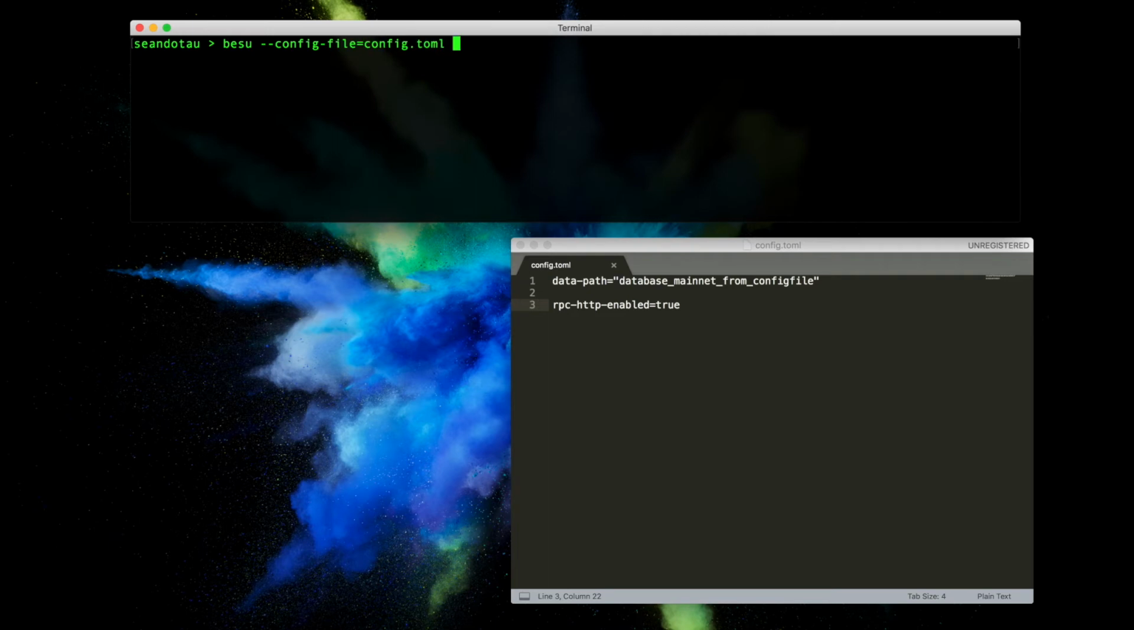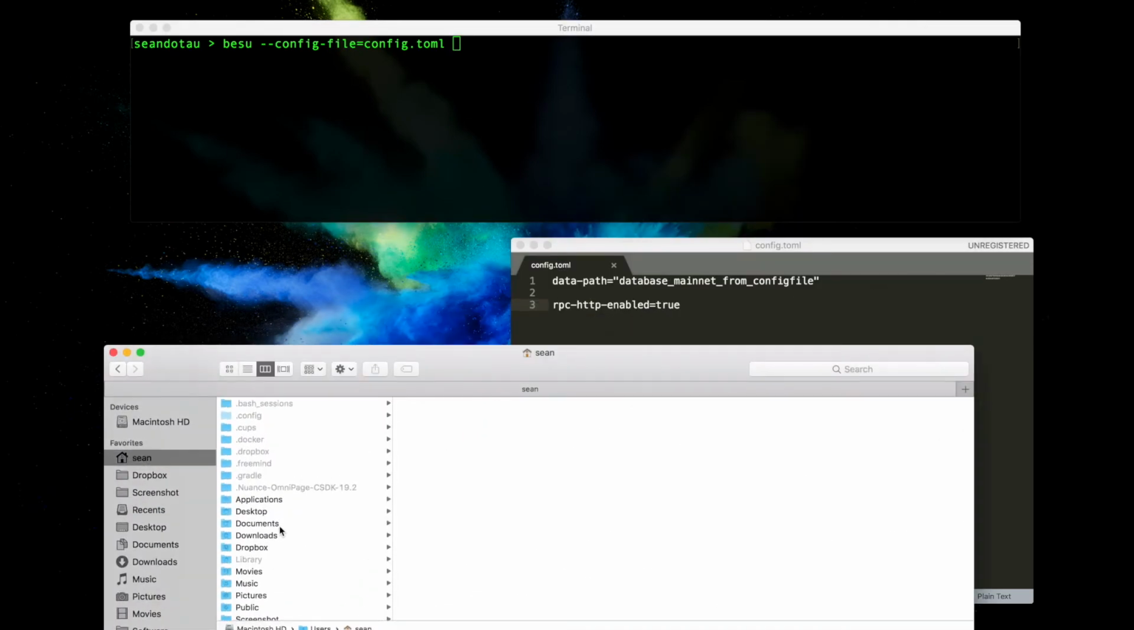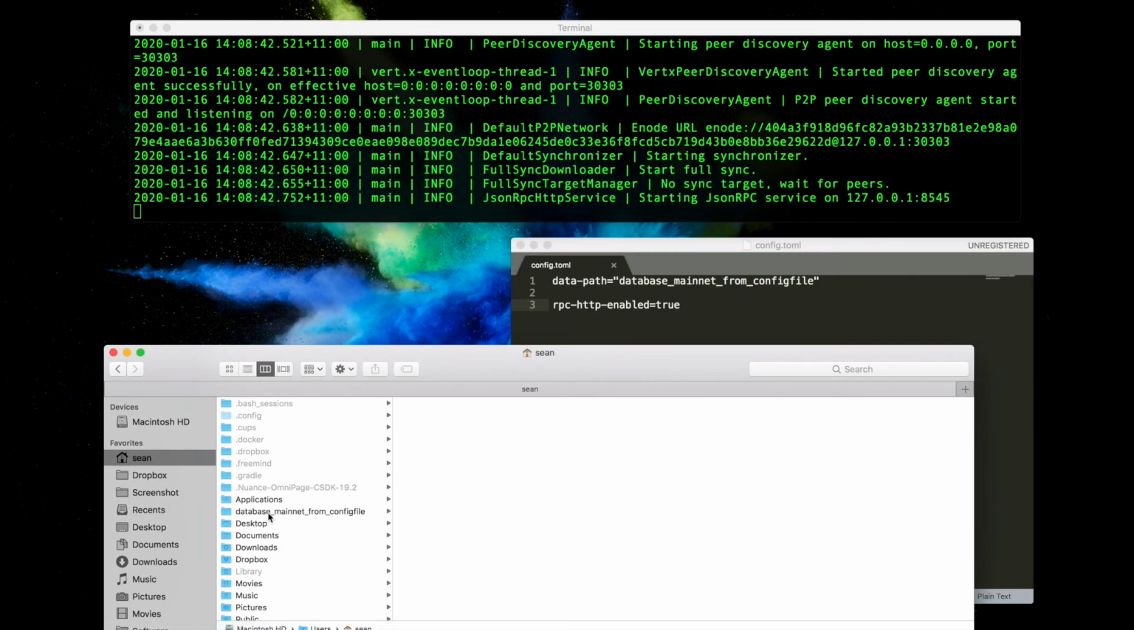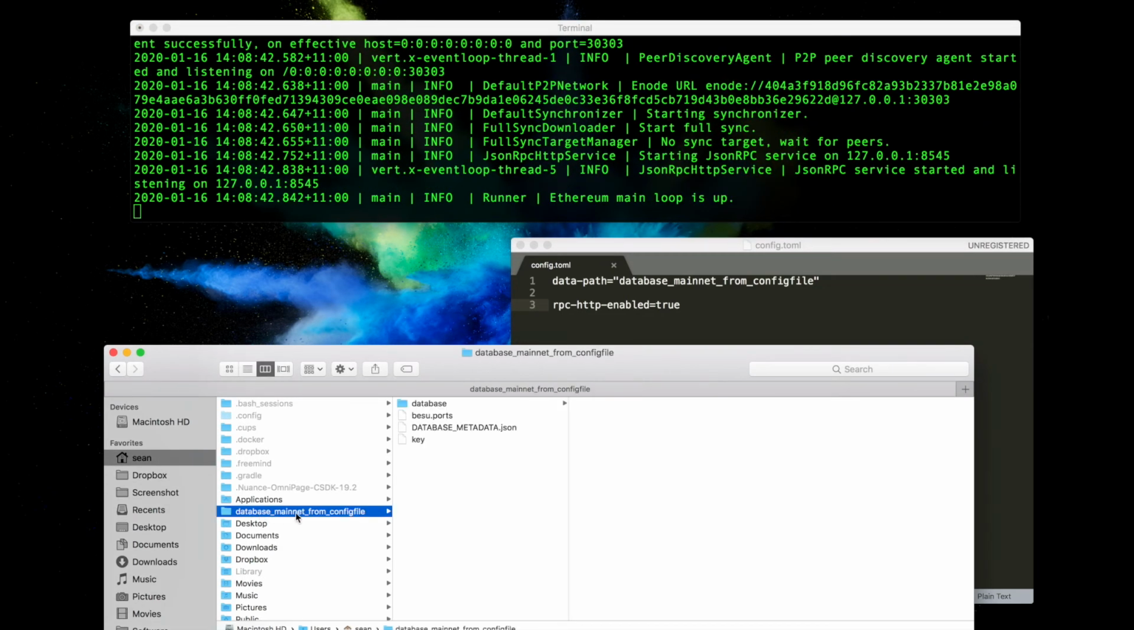So now that we've got this created, let's specify this by going config, tab, and it completes. It doesn't auto-complete, and before I hit enter, I'm just going to show you my home directory here, because I should see a new folder being created called database mainnet from config file. So let's hit enter, spin it up, and you can see here a new folder, database mainnet from config file,